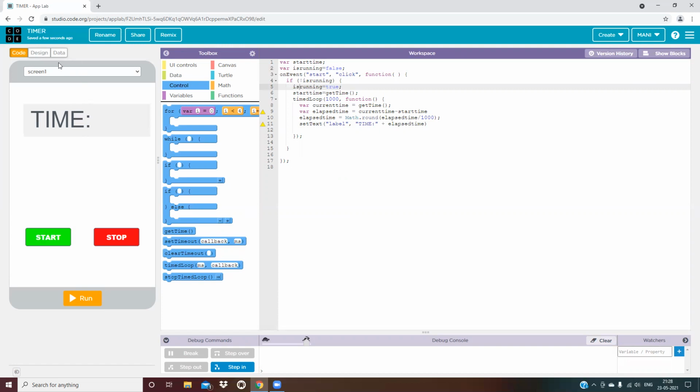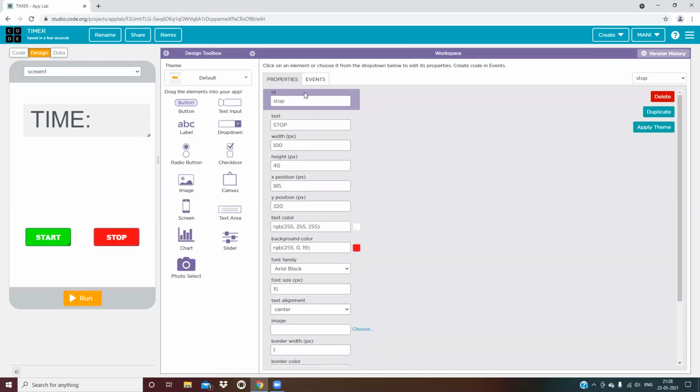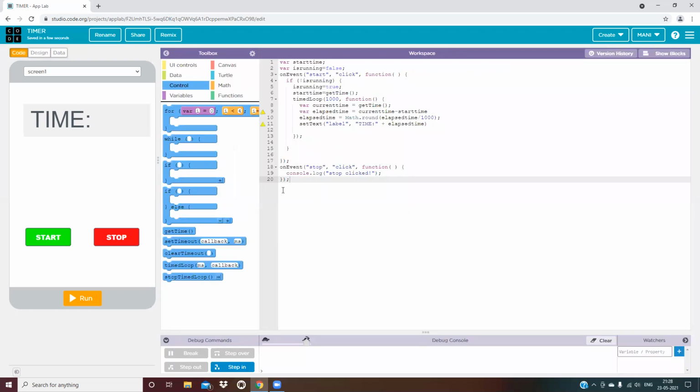For that I will go to design, click on the stop button and go to events on the upper side, and insert and show code. It is showing console.log stop click. I will remove this one and delete it.